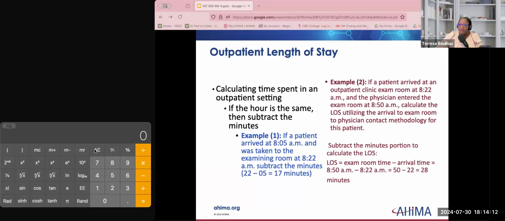I usually just do the minute part. So we have 50 minus 22 gives us, in this case, 28 minutes. Okay, not too bad. Just doing length of stay. So we have one that was 17 minutes and one that was 28 minutes. All right. Now,